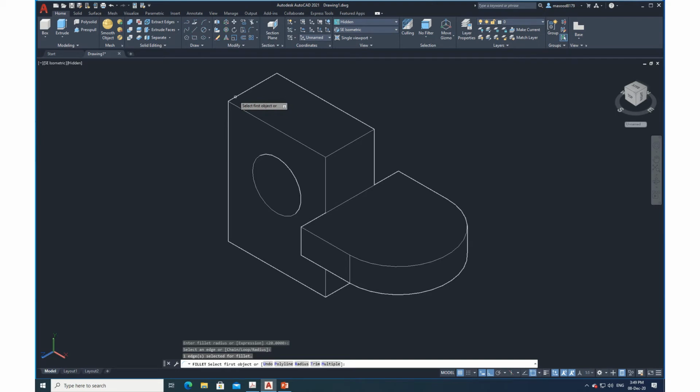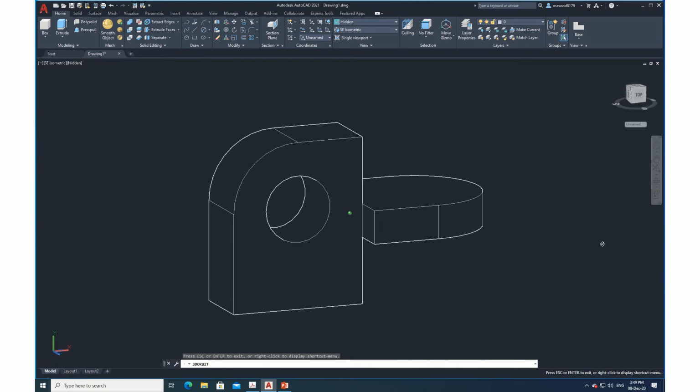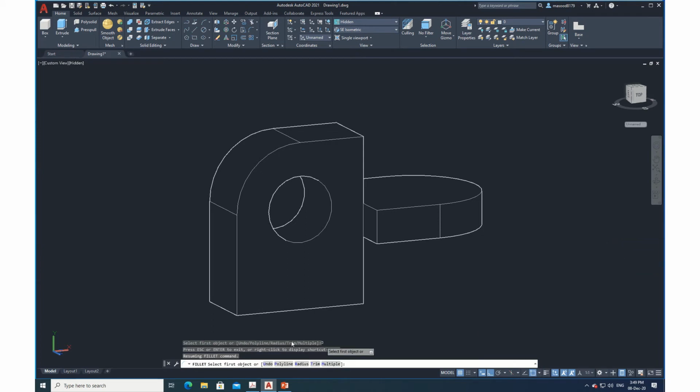So even I will go for this. This one also, click here. Enter. Enter. See there? I have done it. Now I need to do for the bottom one, is it? And I don't see it. So what I will do is, I will just go here to this orbit command. Click on this. Left click your mouse and turn a little bit like this. Okay. Now escape. When you escape, you are escaping out of orbit command, but your fillet command is still there. Just click on this line. It became blue. Enter. Enter. See there? Everything is done now. Beautifully it is done now. Okay. Now escape. Now everything is done.